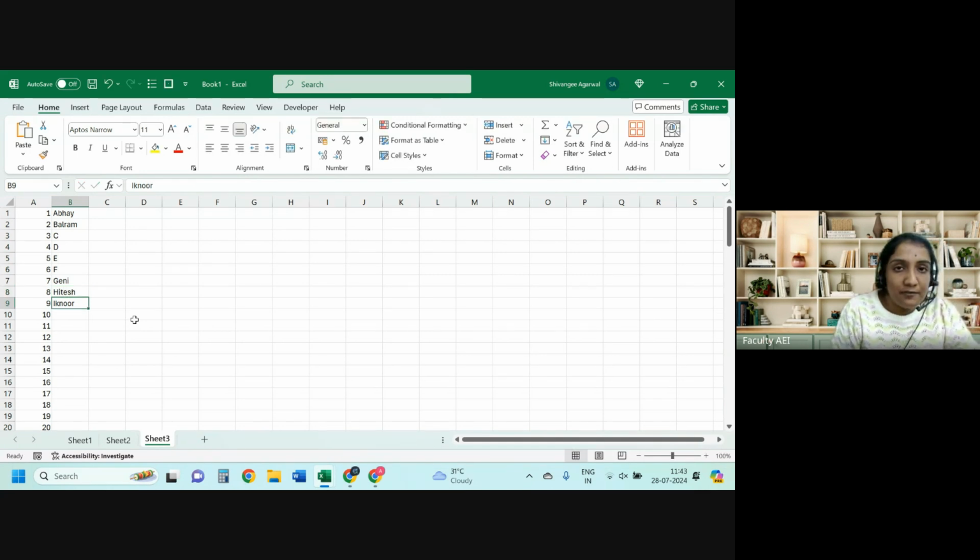So that's the difference between being on a cell and in a cell. Right now, I am on cell B9. And once I double click on it, I am in the cell. So when you're on a cell, you work on the entire cell from the start. But when you're in the cell, you modify the contents of the cell that are already in it. All right. So similarly,